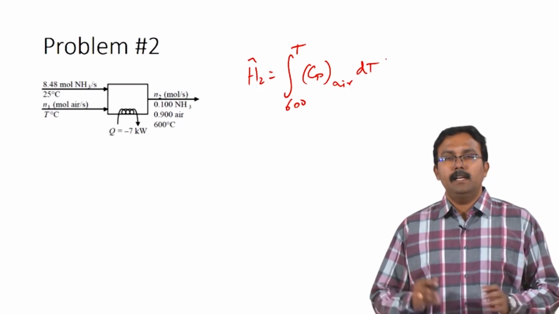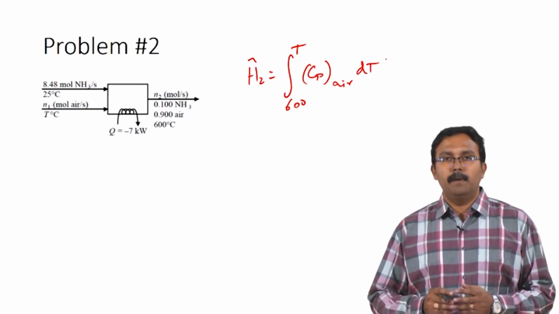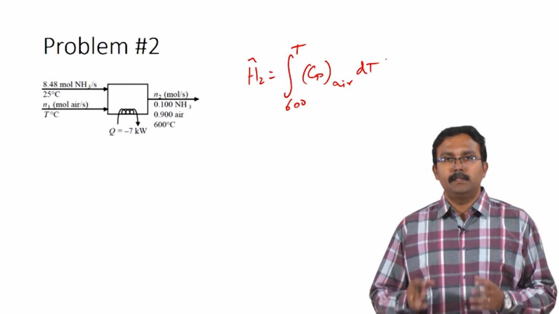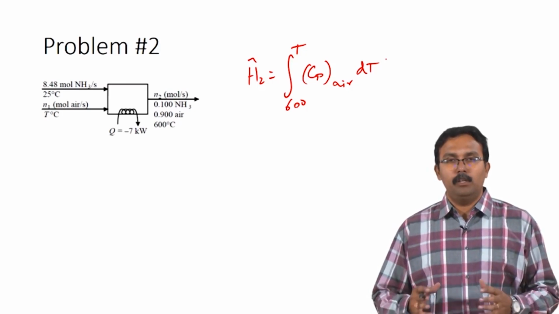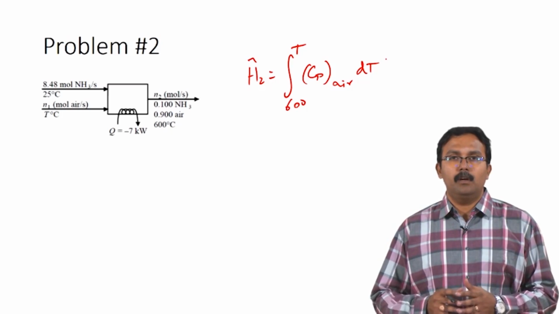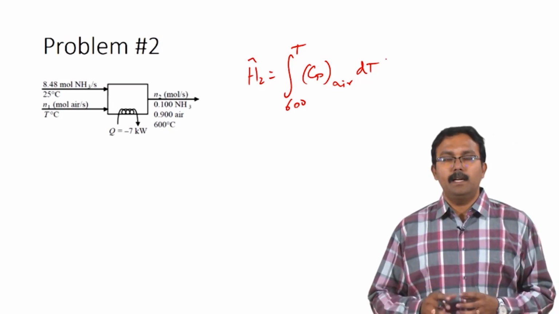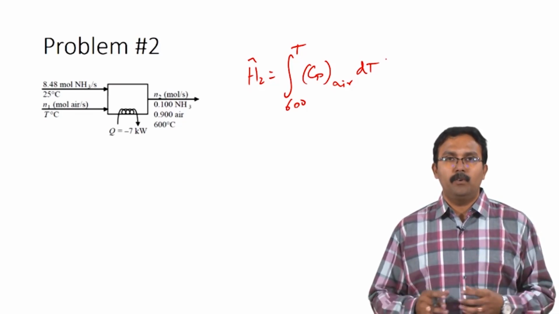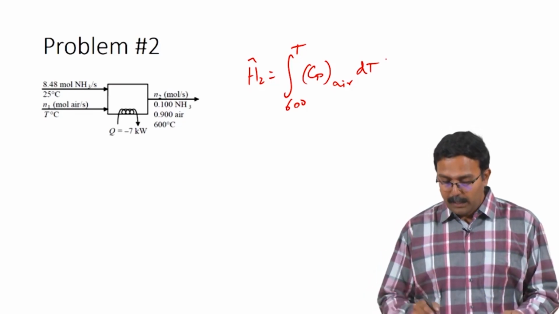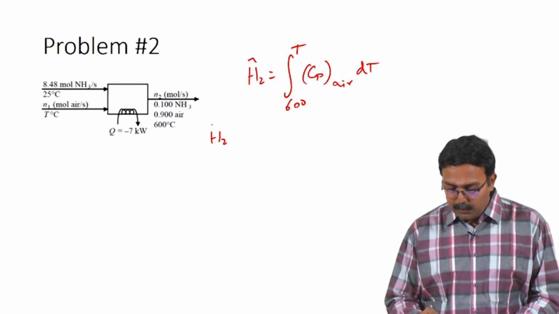So, we have already identified the Cp of air for the previous problem as well. So, we can actually use this Cp and end up with a polynomial which would be a 4th order polynomial of temperature. So, using the Cp of air you would end up with a 4th order polynomial for this equation. H2 cap would then be